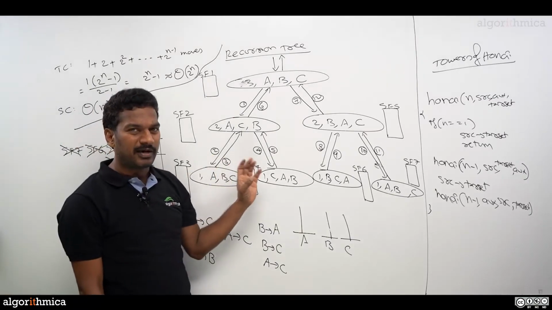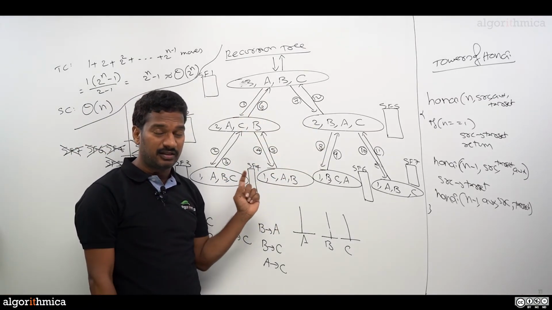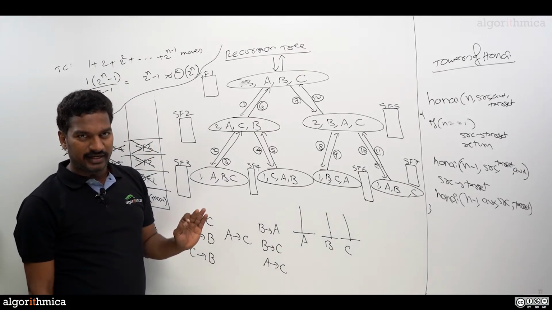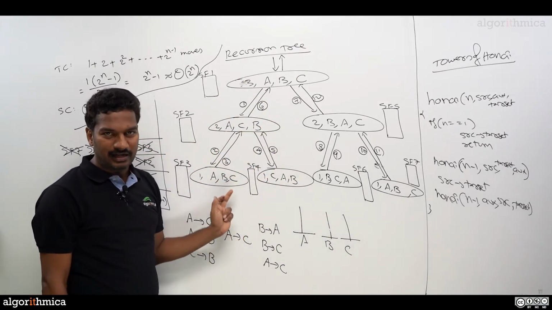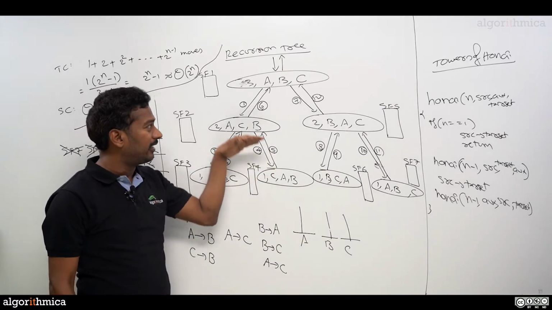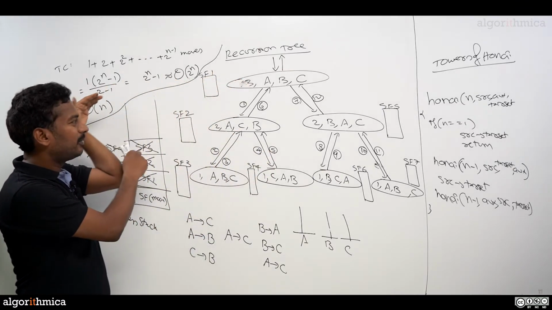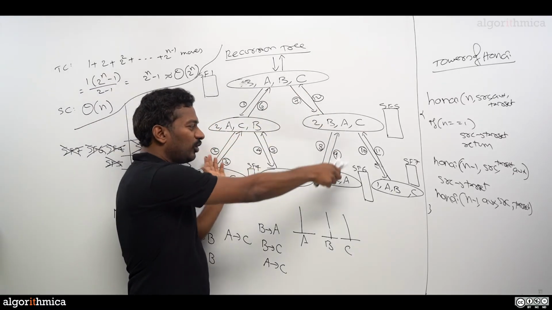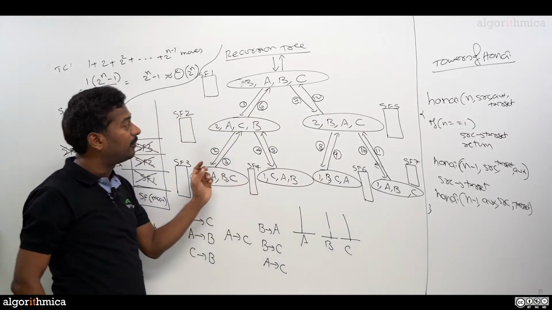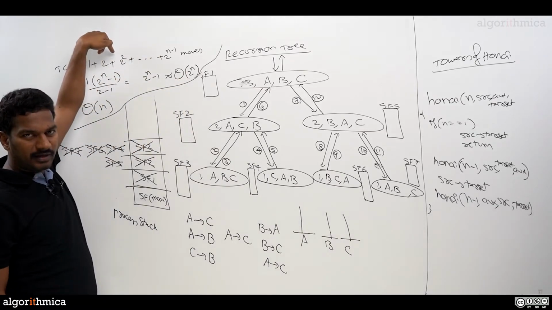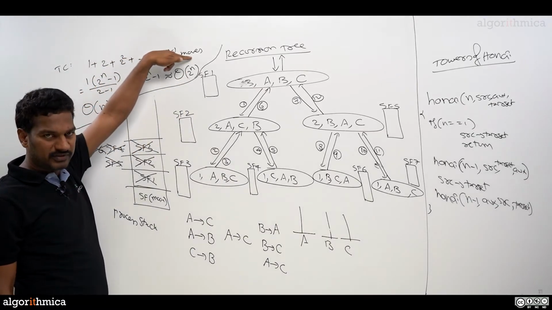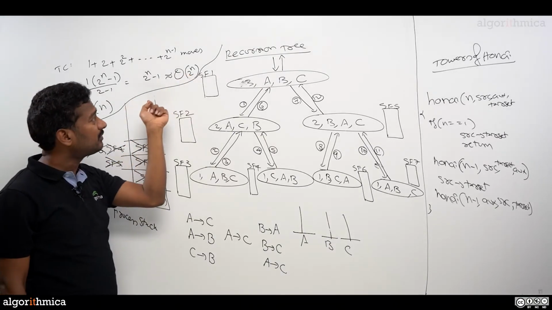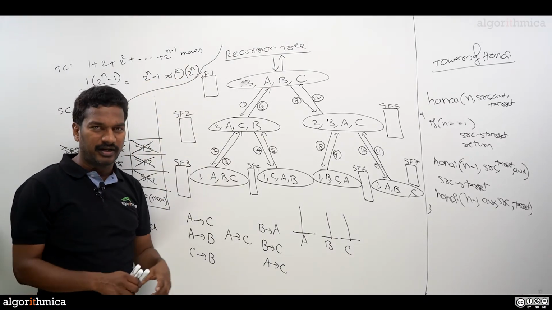And all this is possible only because of the recursion tree. That's why from now onwards, for any recursive program you take up, you have to first draw a logical recursion tree, from where the depth of the tree will give some understanding of stack space requirement. Each node will give clarity on the time complexity. Here time complexity is moves. The total number of moves is going to be theta of 2 power n. So what do you mean by this 2 power n here?